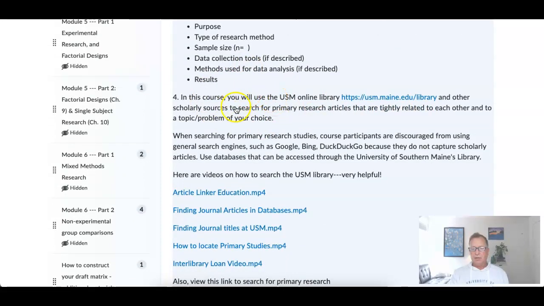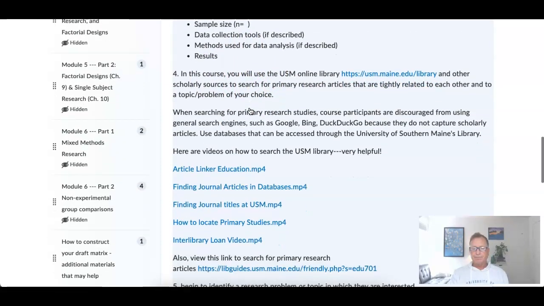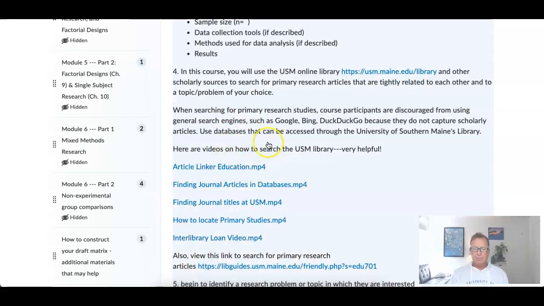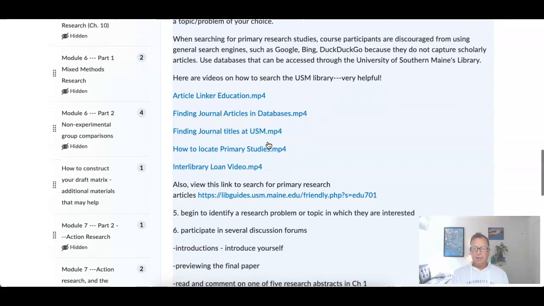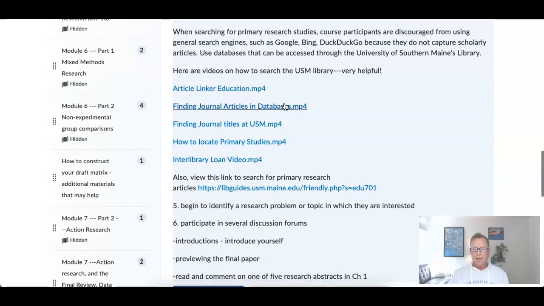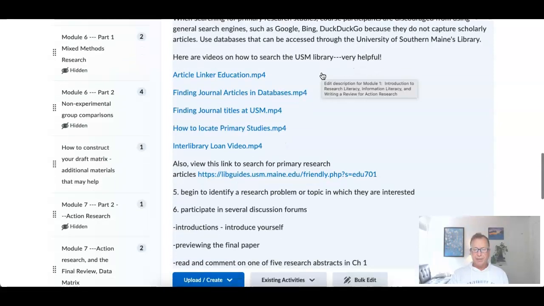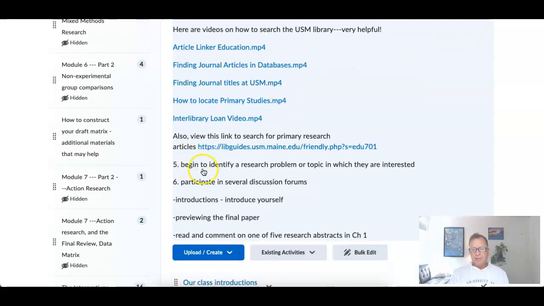And take a look at the library resources. Here's some databases that connect with the materials that we're going to be looking at. I have videos on how to search. So part of what we're doing this semester is we're going to be searching for materials on a regular basis. And then I say begin to identify a research problem or topic. What I mean by that is we build on,